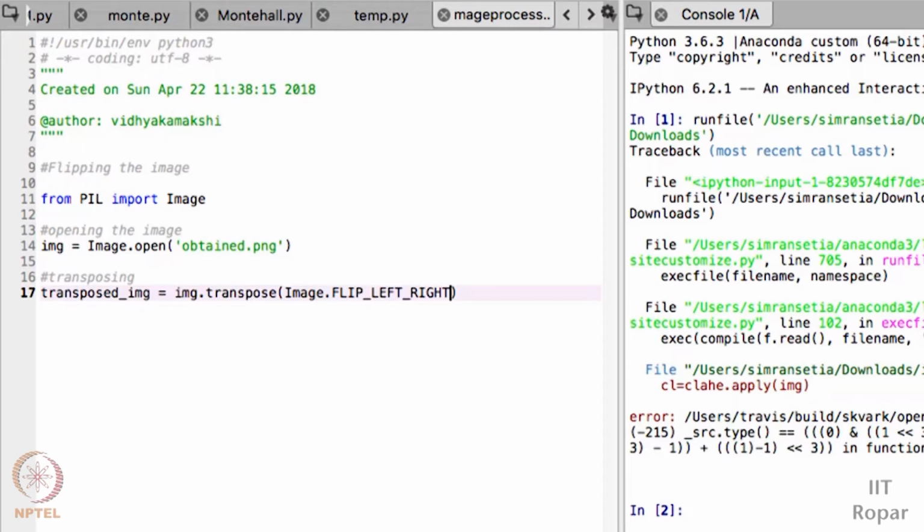What this line does is it takes the matrix that is captured by the img object, transposes that matrix, and this new matrix is stored in the transposed_img object. That object captures the new matrix. So now we have got the actual image in the matrix representation that is understandable by computers. But now what we need to do is convert it into a form that is understandable by humans.